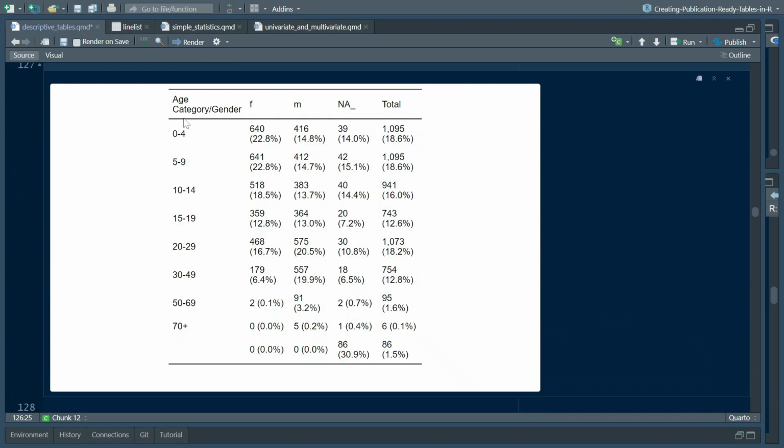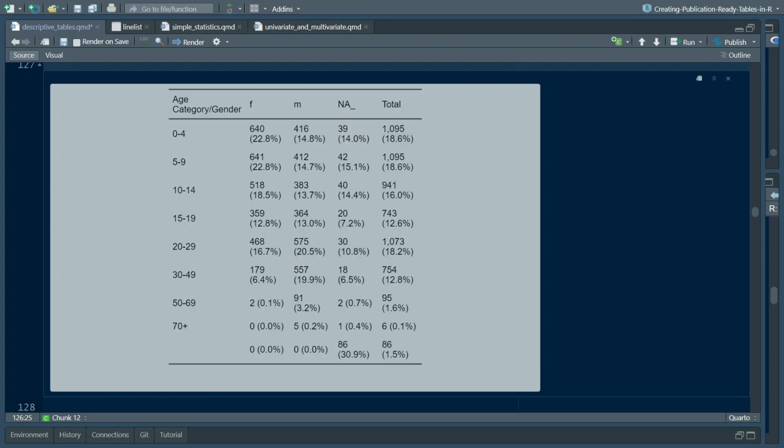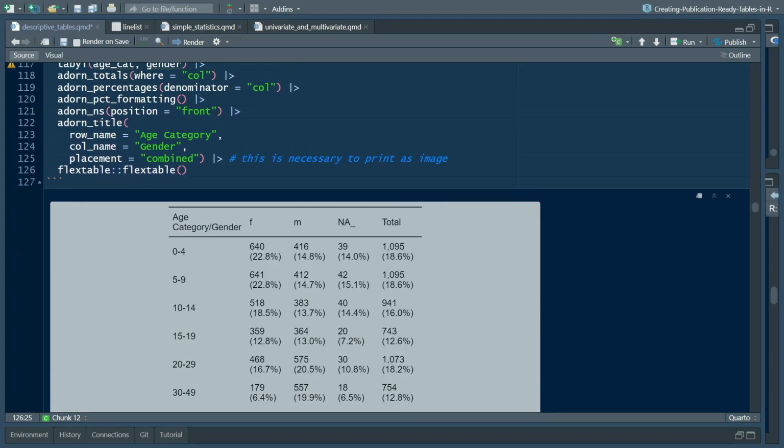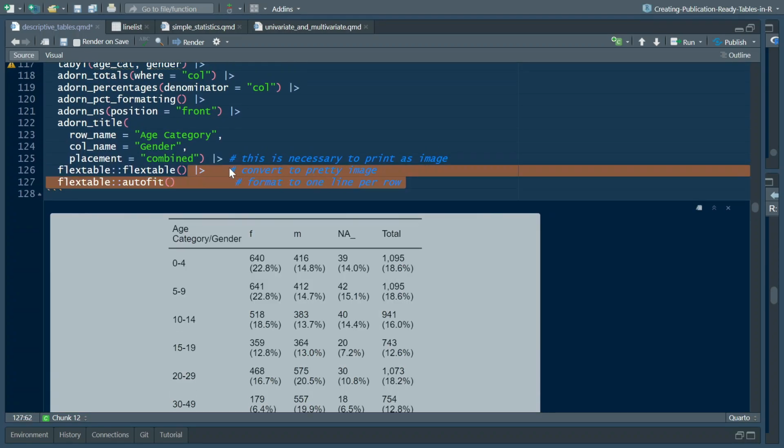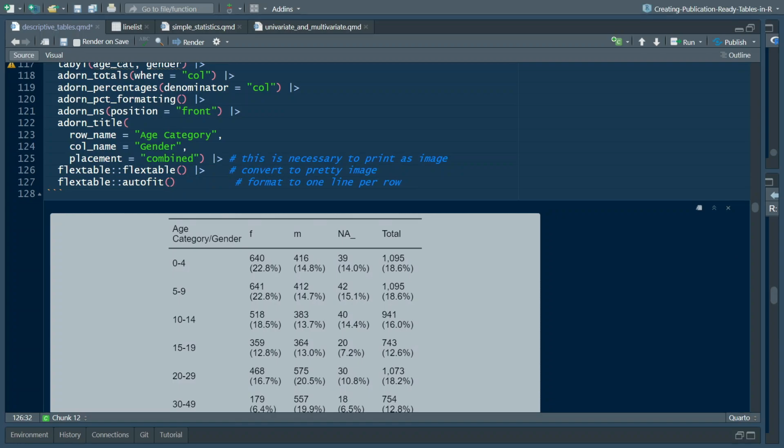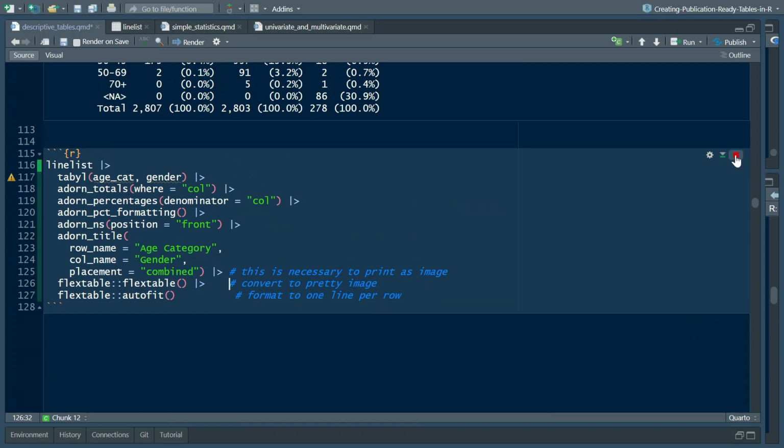So you can see what we have currently. We have age category and we have gender, female, male, and this. These are the various variables that we are working with. Now, that is where this autofit comes into place, because we want everything to be in one line, both the count and the percentage. So if I just run this,